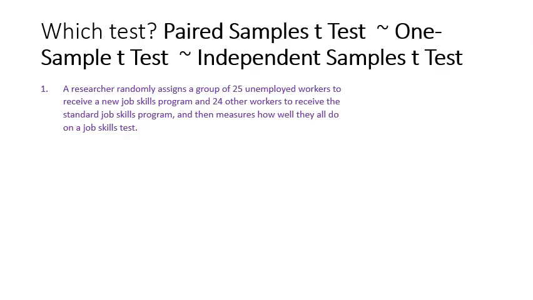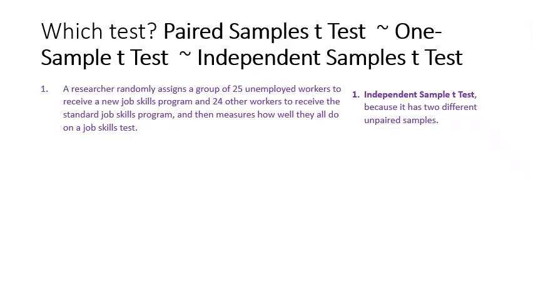Well, this is an independent samples t-test, and we can tell because it has two different samples, 25 unemployed workers and 24 other workers. We can also tell because we have two different sample sizes here, so we know